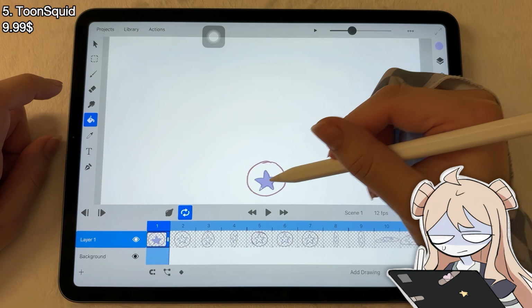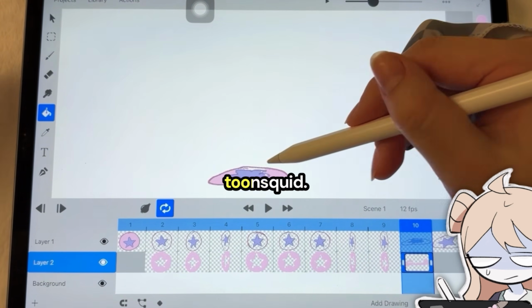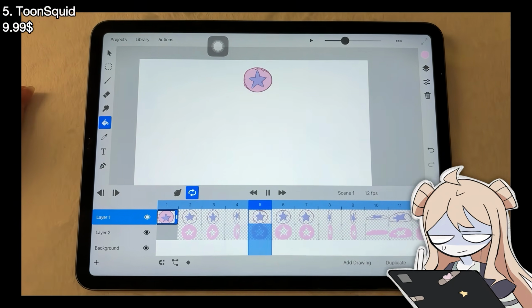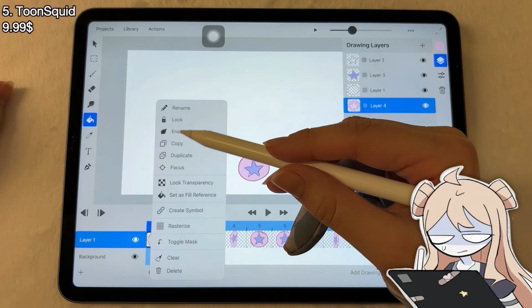Click to fill it again. See, works better now. I have to be honest with you people, I'm biased with Toonsquid, not a single lagging yet. Finally, I'm done. Just to show you some other cool features, I'll make this layer a symbol layer, and